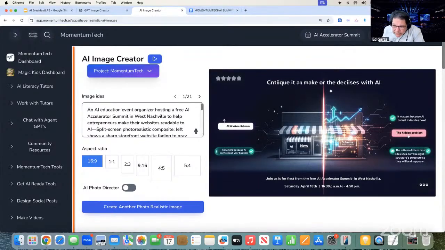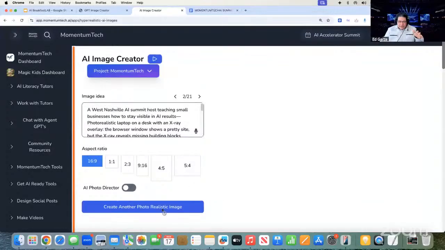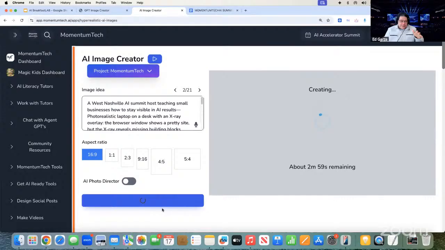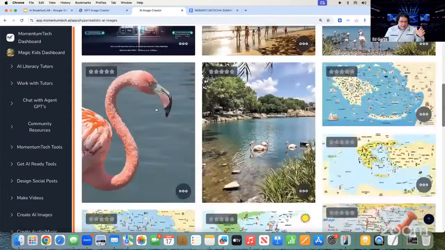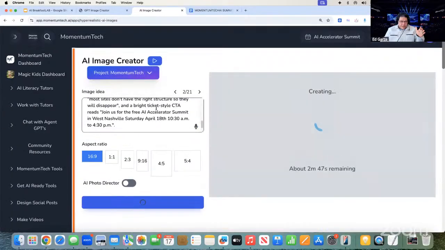Okay, so it needs some changes, not as dynamic as the other one. Even though it was the same markup, it's not as eye-catching. Do you understand? So let's go to the second one. Let's generate. The good news is this doesn't cost you anything. You can create as many images here as you want to. It gave us really different ideas. It did not use the original prompt.